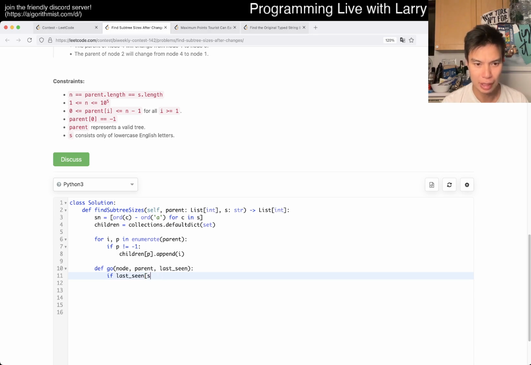Is S[node] not none, so we set it with none. Then that means that the parent, or the children of the parent, we remove node, and we